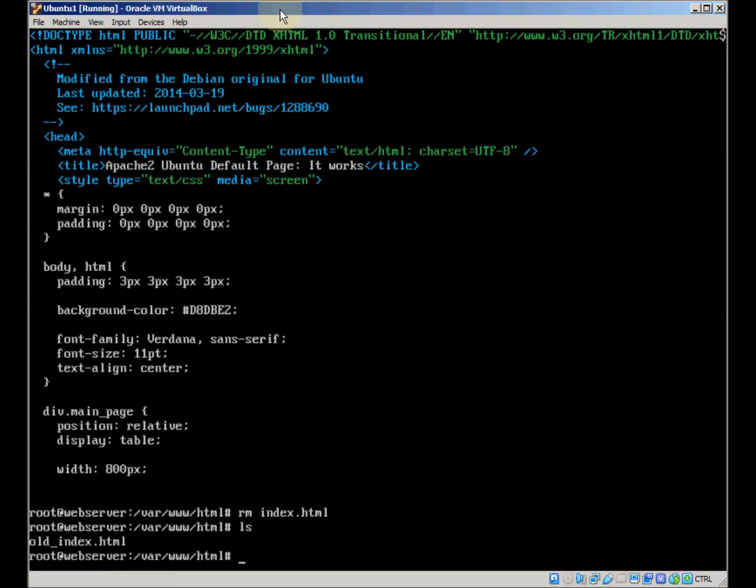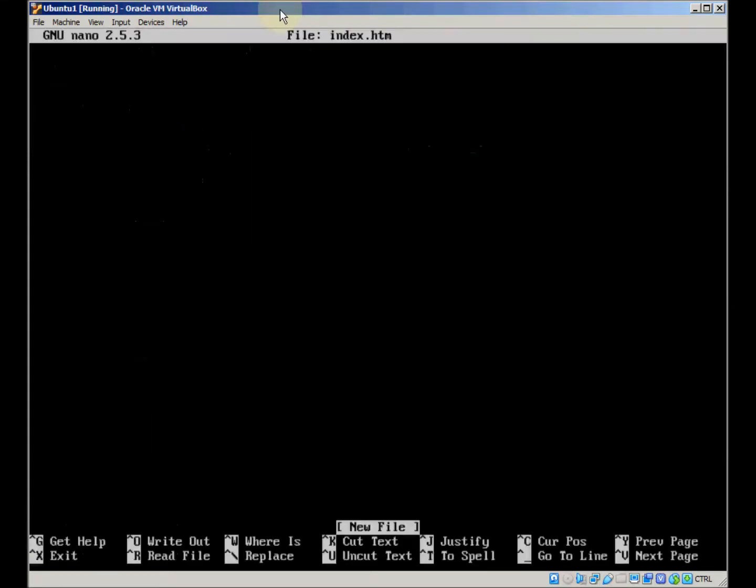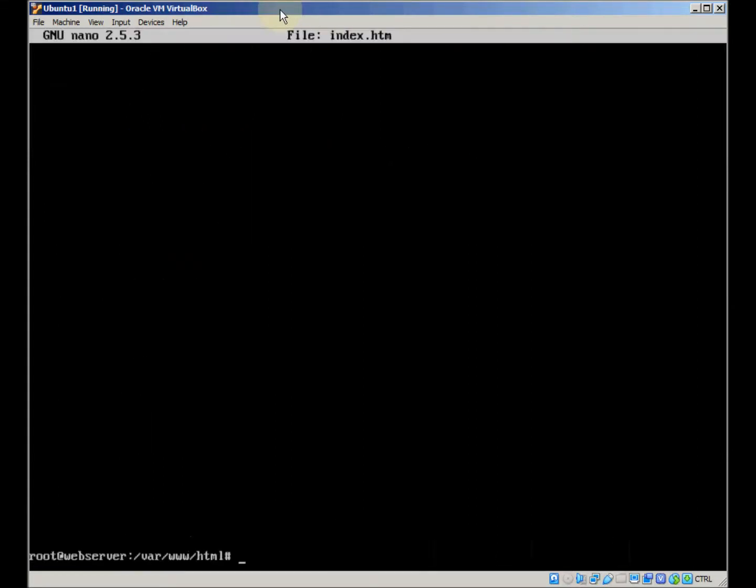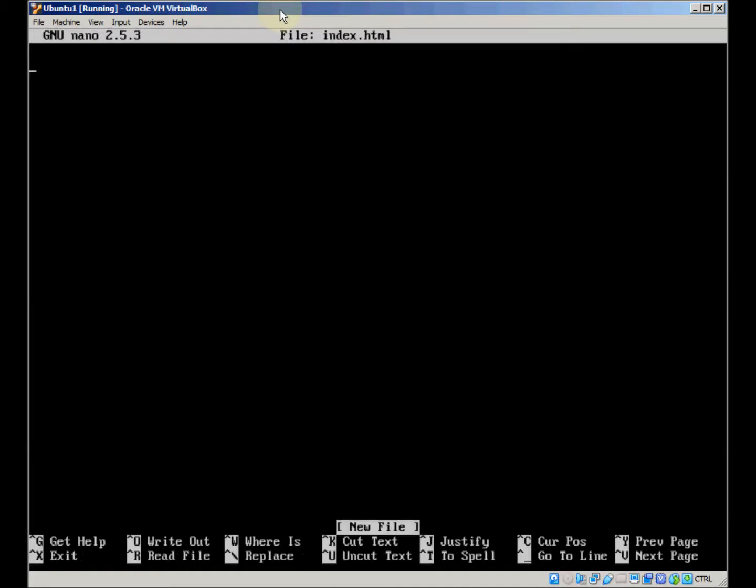Now we're going to create a new one. So nano, the name of the file that we want to create, in this case index.html, and that is the wrong name, so I'm going to exit out of that and retype it. We're going to create a new index.html file,